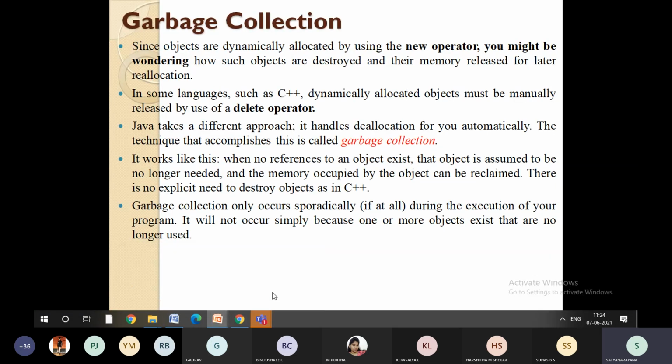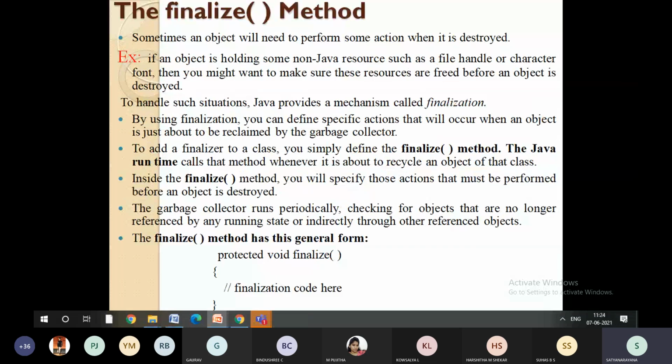The garbage collector is going to work in such a way that the moment you complete the execution of the program, it will check whether the object requires the memory or not. If it is required, it will keep the memory. If it is not required, it will deallocate the memory for it. The moment you re-execute it, it will reallocate the memory. Since you are no longer using that particular object, memory is not going to be wasted. That is the reason Java programs are faster than C and C++ programs.